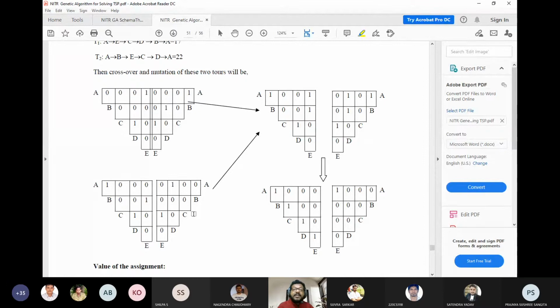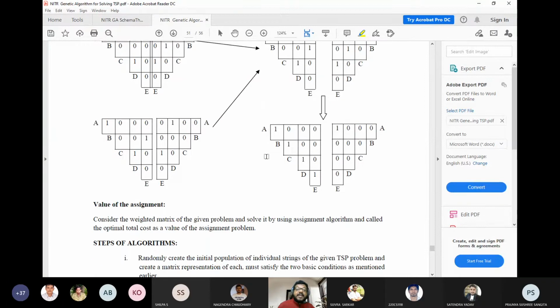Any suitable data structure which you are using to represent a solution or an individual is subjected to genetic operations. So you look into this, it is a two-matrix representation, you can say. One is upper triangular and the other is a different matrix representation, and with this they explain the crossover and mutation of the two. So this is the unique contribution of the paper. So three papers I have merged and uploaded.